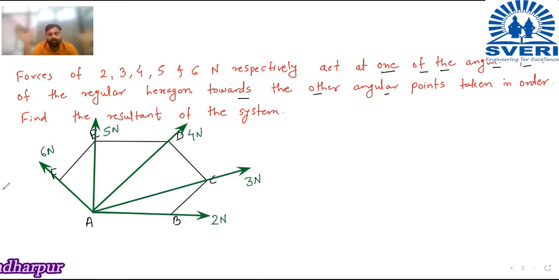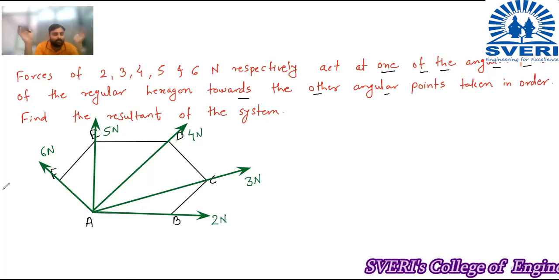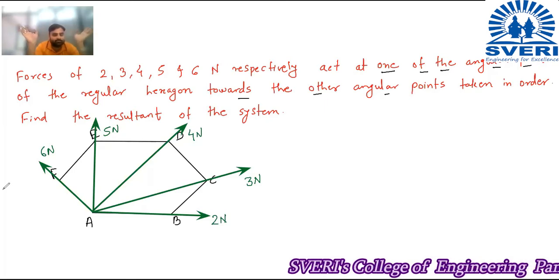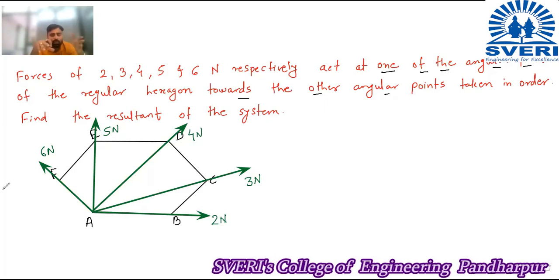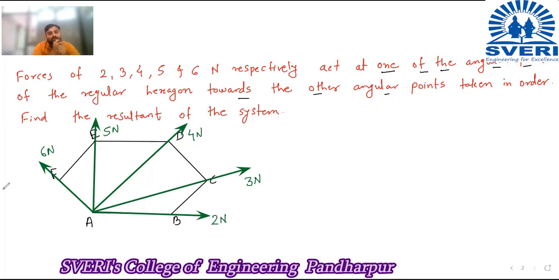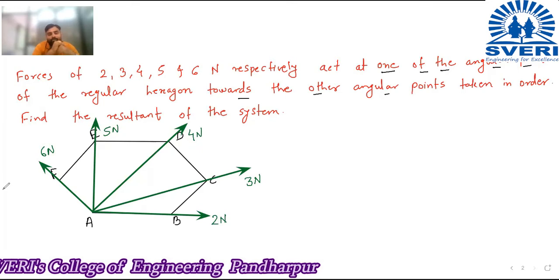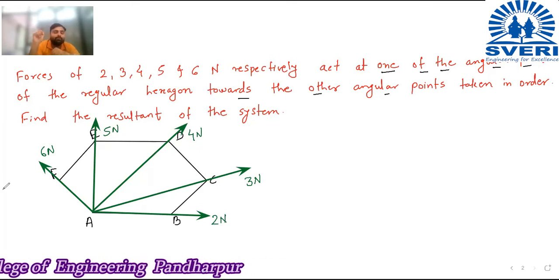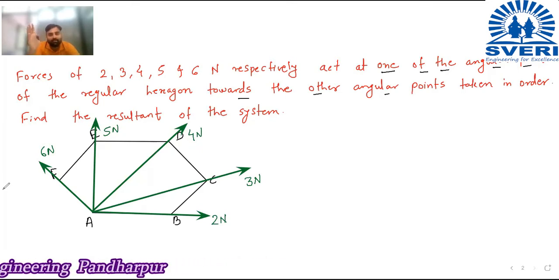So we don't know anything. Okay, they have not given us any single angle, and they told us to find out the resultant. As you know, all the forces are not vertical and horizontal. Some of the forces are inclined forces. So always we resolve the inclined forces, and to resolve the inclined force, we should know the angle. Okay, if the angle is known to us, then and then only we can resolve the force.